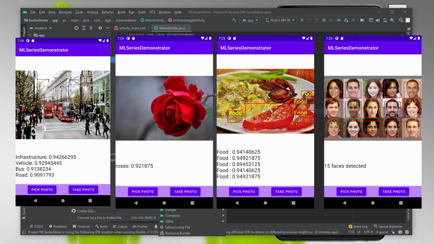All these 4 use cases depend on handling images which can come from either the gallery or the camera. So we'll create a helper class which will be extended by all these 4 use cases, so we don't have to write that same code again and again.